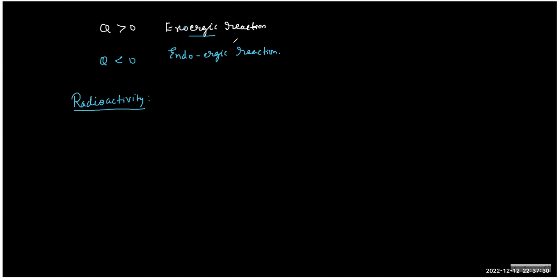The spontaneous change of a nucleus into a more stable nucleus by emission of alpha, beta, gamma particles. Alpha is a particle, beta is a particle, gamma is radiation, rays. So we simply say radiation, right? Alpha, beta, gamma rays. Okay. So it is the spontaneous emission of particles due to the